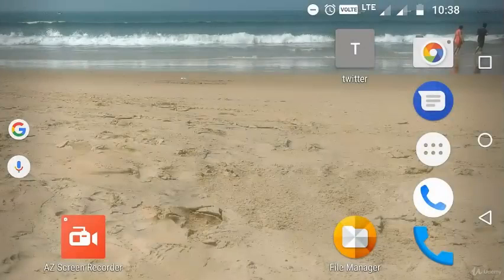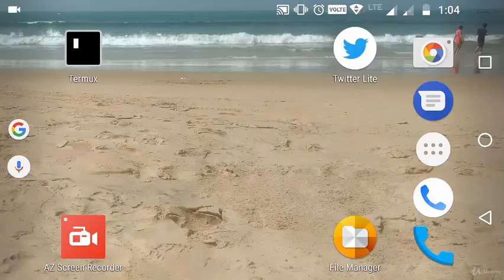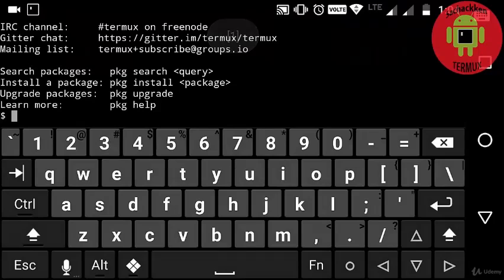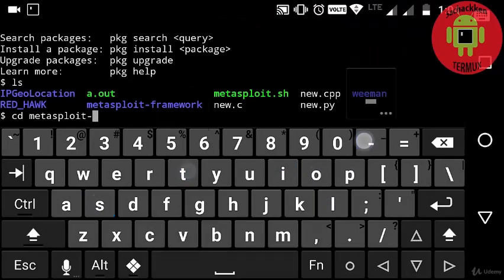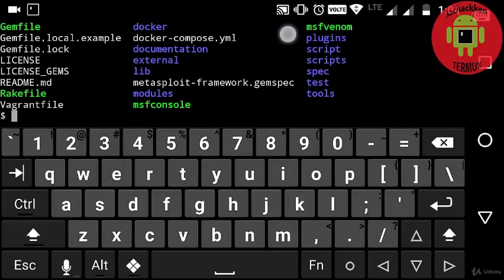In this video, you are going to learn how to hack a Windows PC by using Metasploit on your Android Termux. So, in the previous video, you saw how to hack the Android device by using Metasploit on your Android Termux. So now, by using Metasploit, I am going to hack my Windows PC. Now, entering into my folder by typing cd metasploit-framework and next ls. So here you can see some of the files and folders which are used to create a payload and also exploit the Windows PC. Now creating a payload by typing